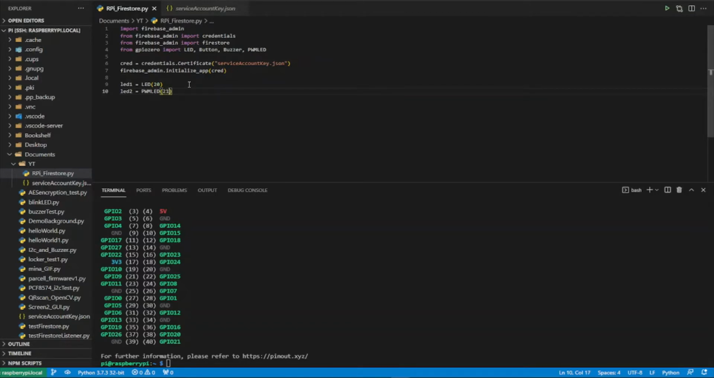It's in GPIO 21. Then the buzzer is in GPIO 17. Lastly, the button is in 16. Now that we've declared our IO devices, the LED, the buzzer, and the button,